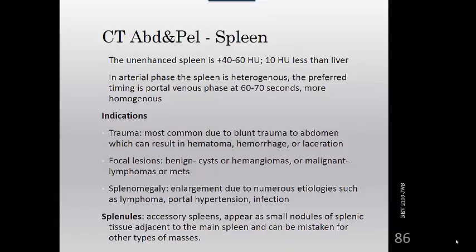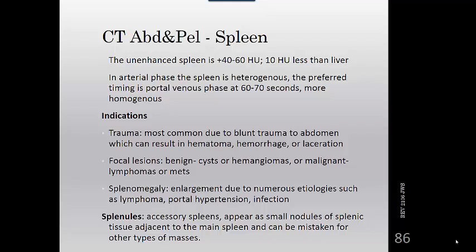The spleen is evaluated concurrently with the other organs of the abdomen on CT exams, and it's optimally imaged after IV contrast administration. The unenhanced spleen is around 40 to 60 Hounsfield units, which is 10 Hounsfield units less than the liver. In the arterial phase, the spleen is heterogeneous, which means there are different levels of enhancement, and we'll talk about that when we look at the images in a second. So the preferred timing is portal venous phase at 60 to 70 seconds, which gives a more homogeneous enhancement and